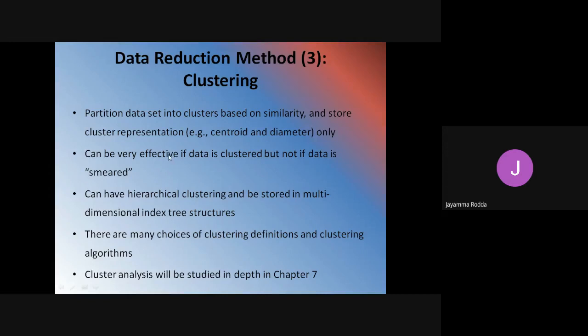In the previous age example, I will say 5 to 10 belongs to one category, 10 to 15 another category, 15 to 20, 20 to 25. Likewise, if I divide the data based on the ages of the people, then the clustering will be done and the data will be partitioned according to the similarity that exists between the data.